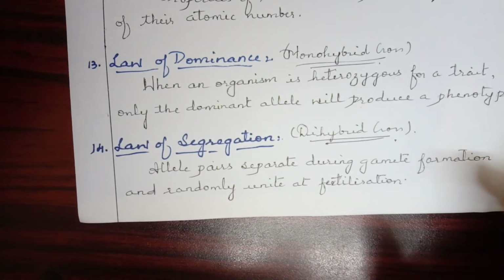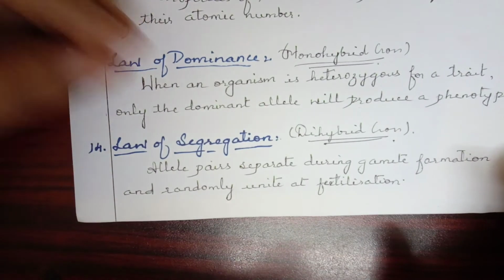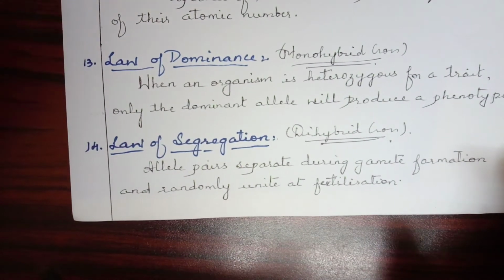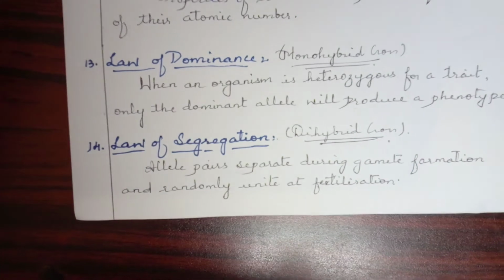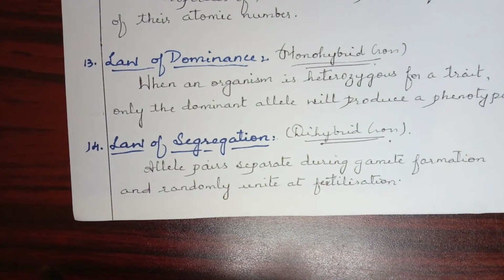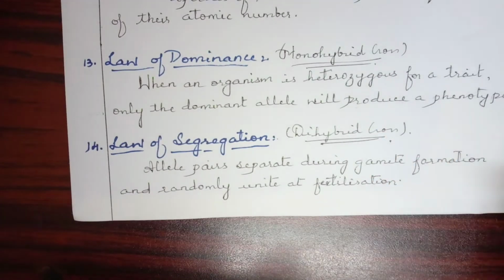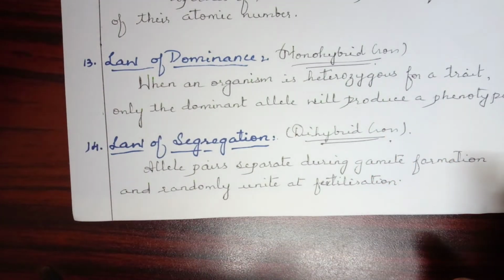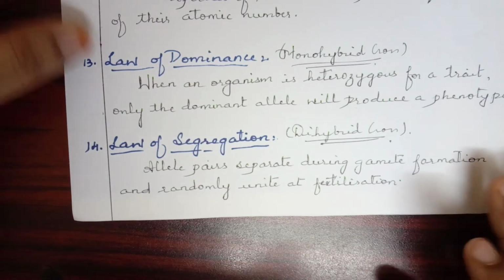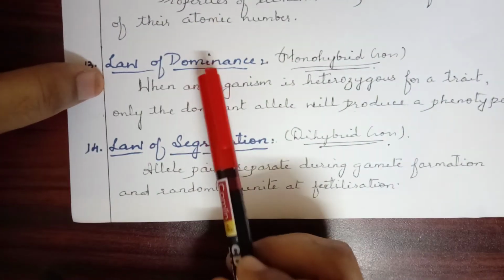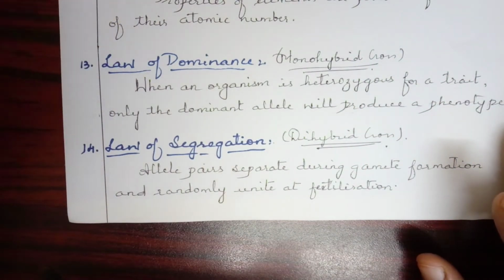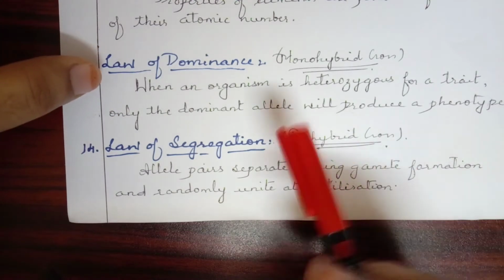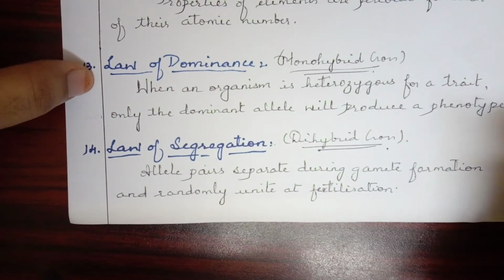So in this case, along with the checkerboard, they ask you certain questions. Like, they might ask why we have got a new combination in a dihybrid cross, or for your monohybrid cross, why is it that most of the plants are tall and very rarely, hardly among four, only one will be the shorter one. So law of dominance and all will come over there. To highlight it, I have just written over here. Law of dominance is normally referred to the monohybrid cross, so it will be only asked with the monohybrid cross. You can remember, I have given you the law over here. You can take a screenshot and study.